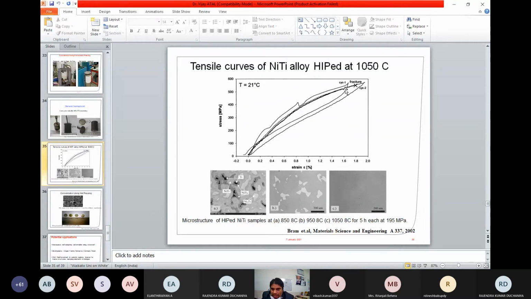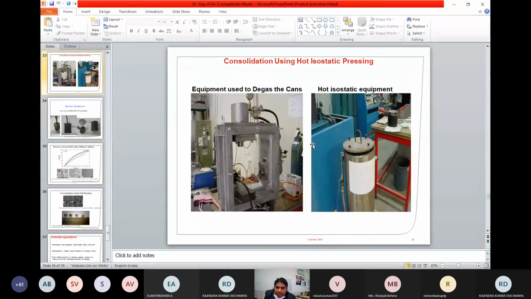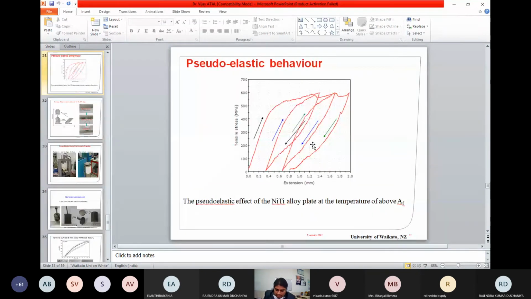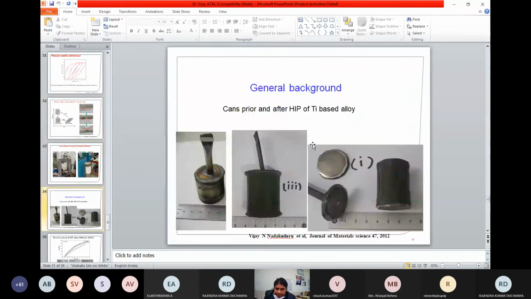And when you release the load, because it is above the AF temperature, this martensite again converts into austenite, regaining the shape. So this is a pseudoelastic behavior which has also been observed in our case of TiNi alloy.